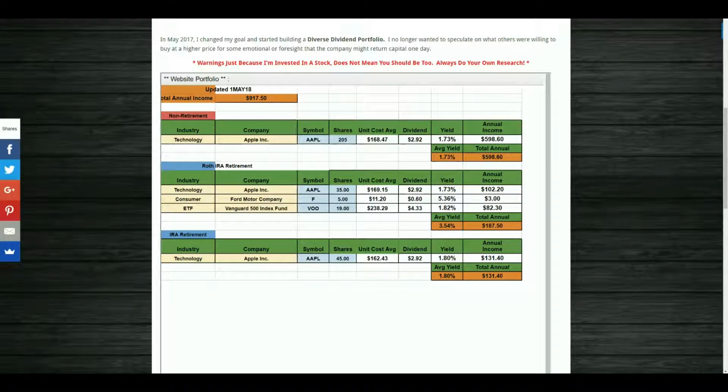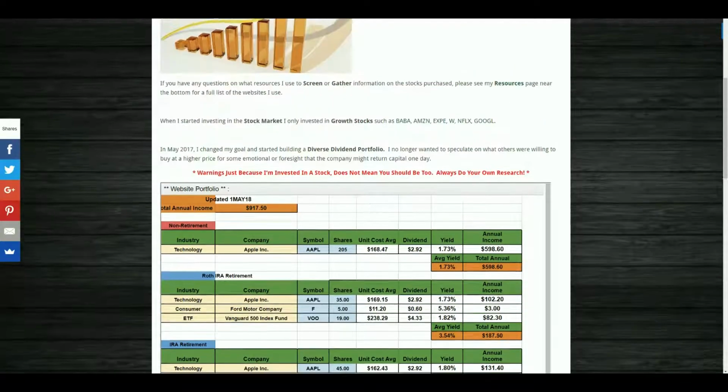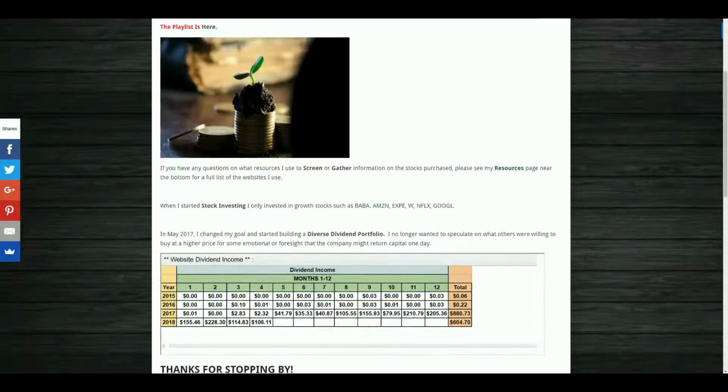I'll continue to have my IRA, as withdrawing money would trigger a 10% penalty, and then I'll have to pay taxes on that. My Roth IRA, if it comes down to it where I can make a better return off the money I have invested in there, then I will definitely pull my money out in order to have a better investment. Say if I can get a 10%, 20% return cash on cash while doing real estate, then I will go about that route. So dividends for April, I made